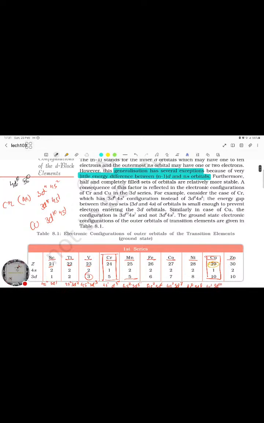Furthermore, half and completely filled sets of orbitals are relatively more stable. A consequence of this factor is reflected in the electronic configurations of chromium and copper in the 3d series. So basically what they are saying is that completely and half filled shells will have a relatively more stable configuration, which means a stable configuration or